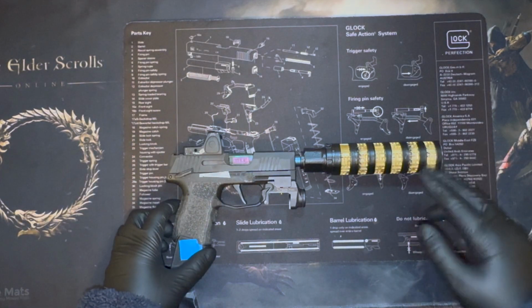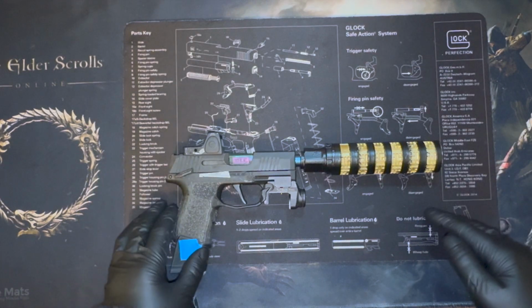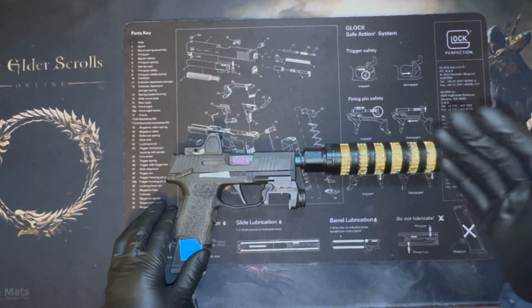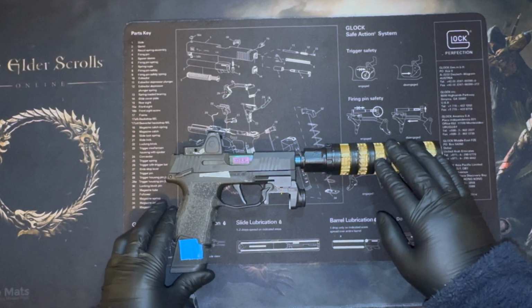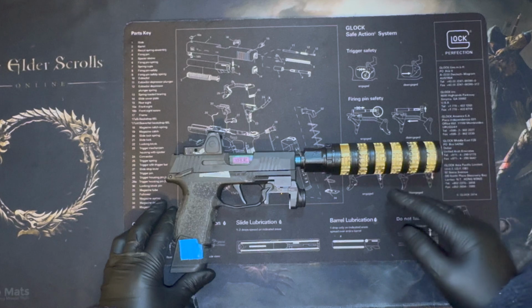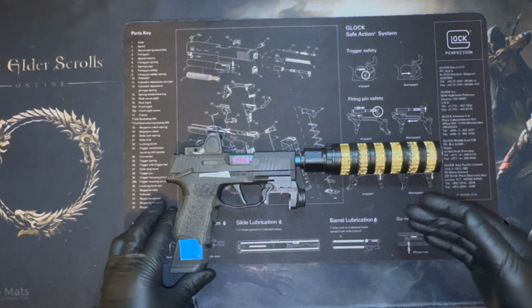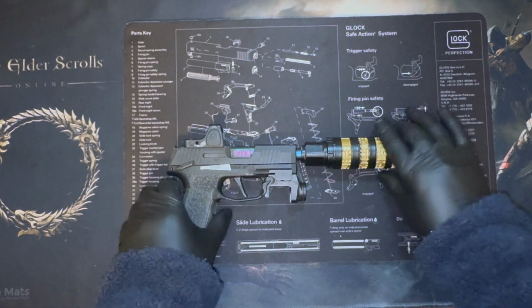There are 2 additional ones that I took off just to balance the sound and the back pressure. The sound performance is not great. I didn't enjoy it, right? I wouldn't shoot it with ears off, but one of the things, and I know it sounds like it's not a ringing endorsement, but the thing is that this is going to be interesting because